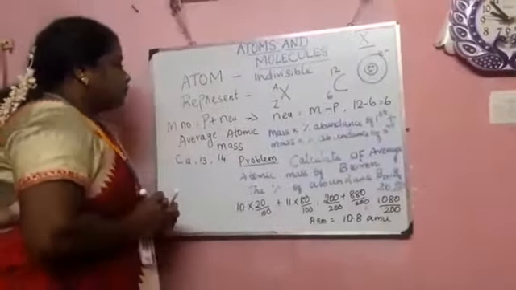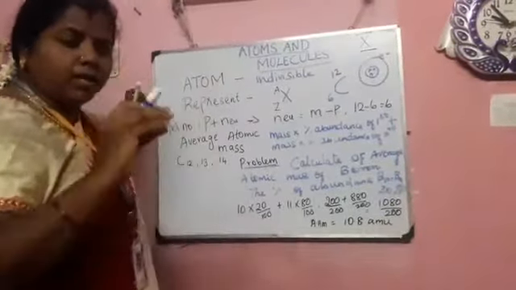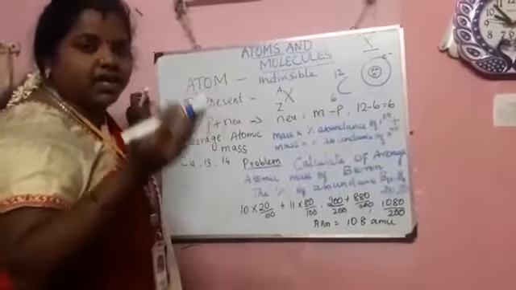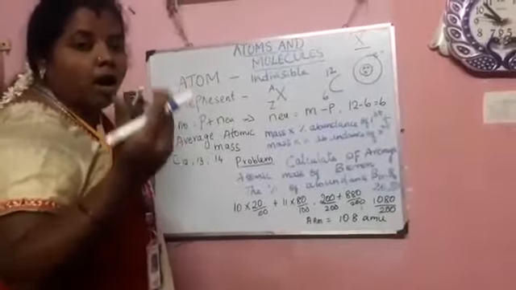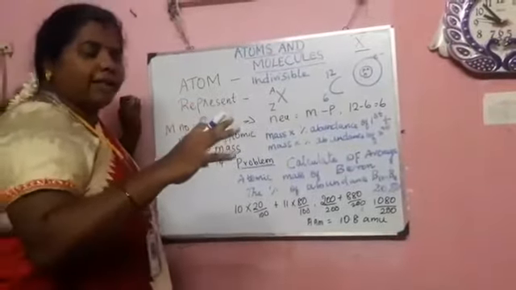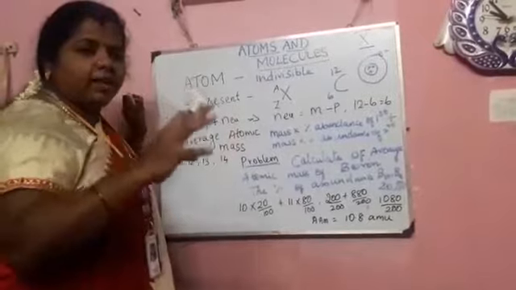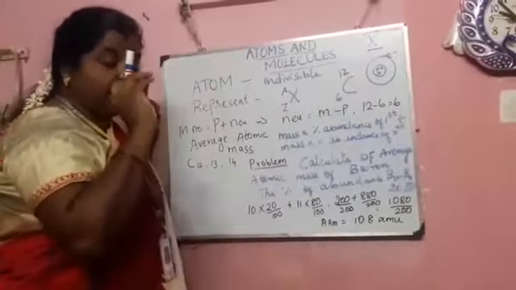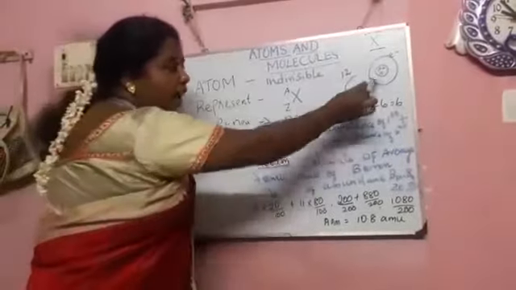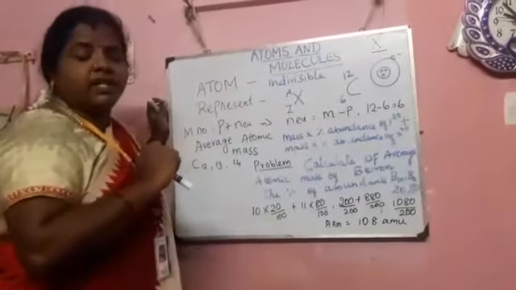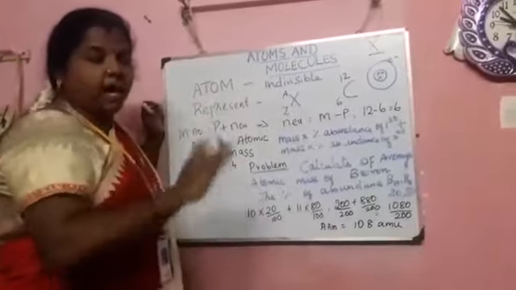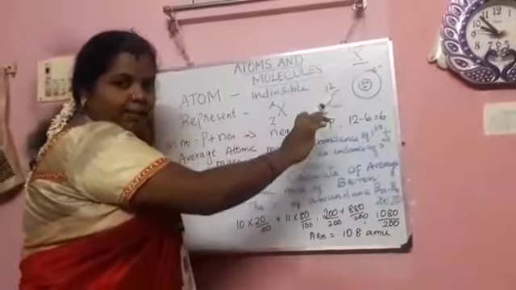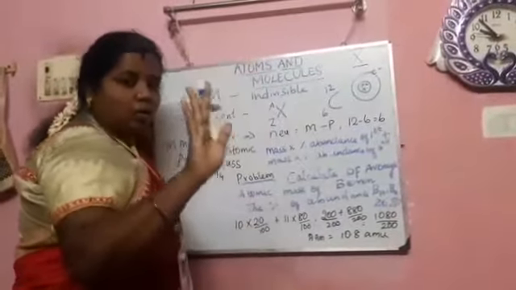Let's see the representation. If you consider an atom of an element, for example helium, hydrogen, barium, boron, carbon, like that, so many atoms will be there. Each and every element is made up of atoms. And how are they distinguished? You see, it is a diagram of an atom. Electron, proton and neutron will be there.